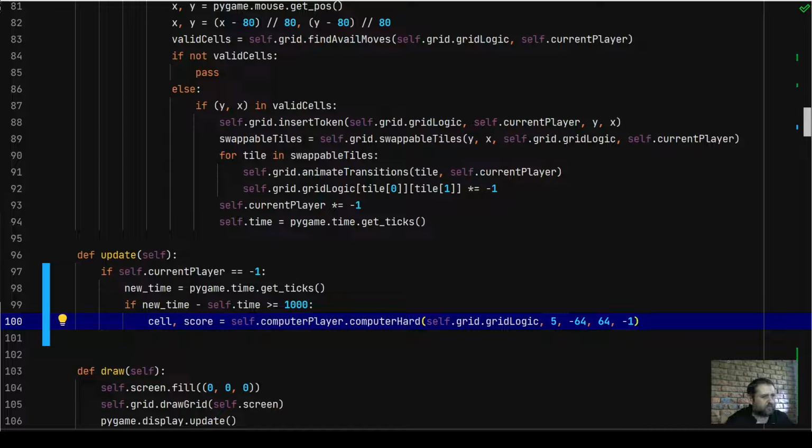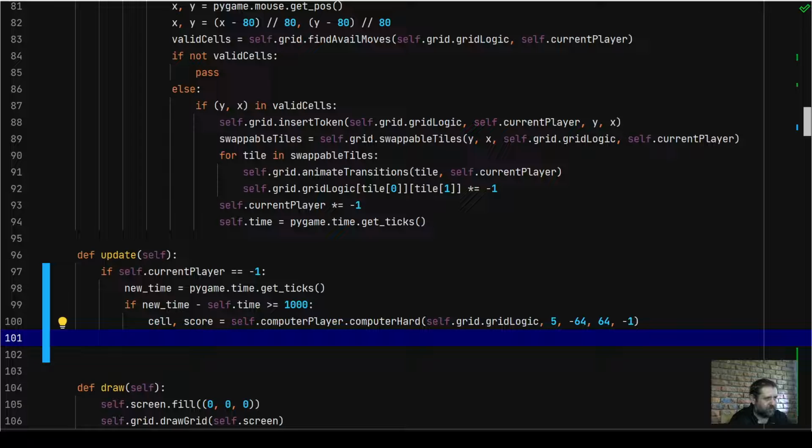Once it's done that, it's going to run through that recursive minimax algorithm. It's going to return for me the cell and the score. So the cell, which cell it wants to actually make a move to, which is the best move for it to play. So we're going to say